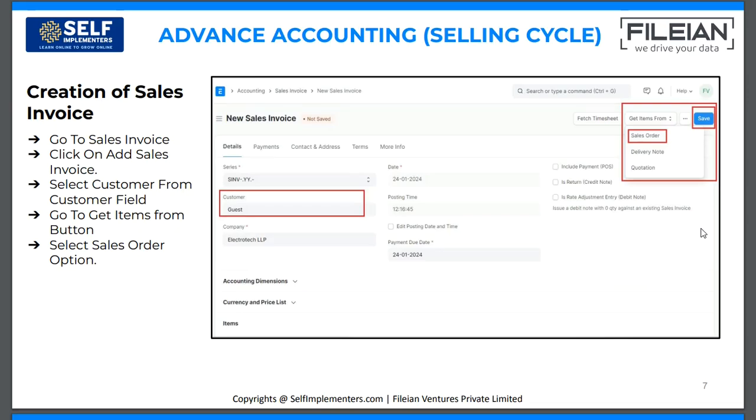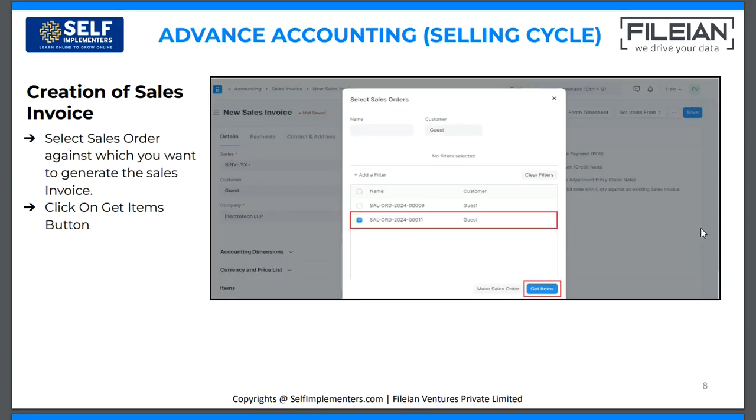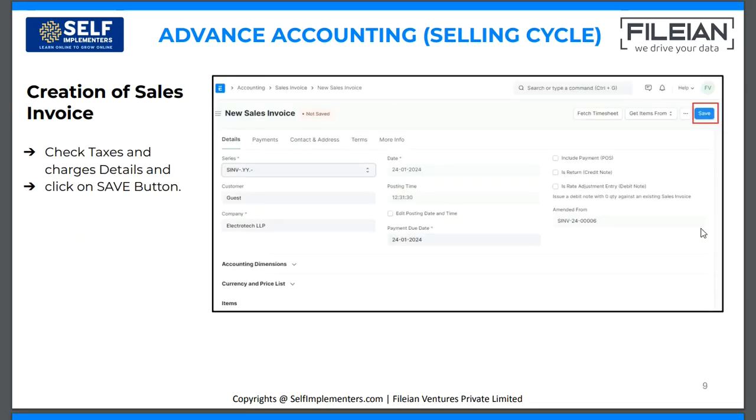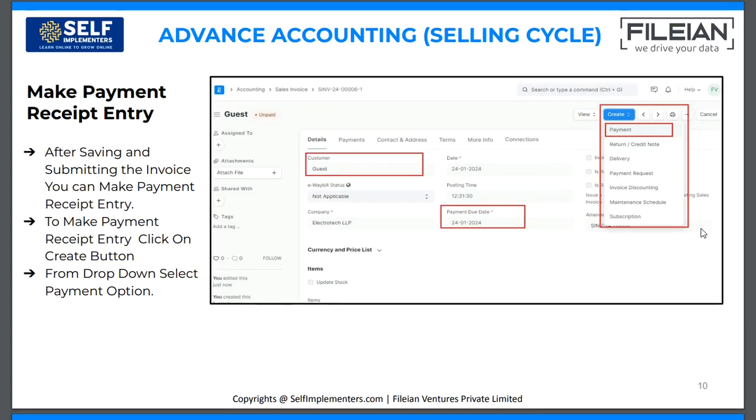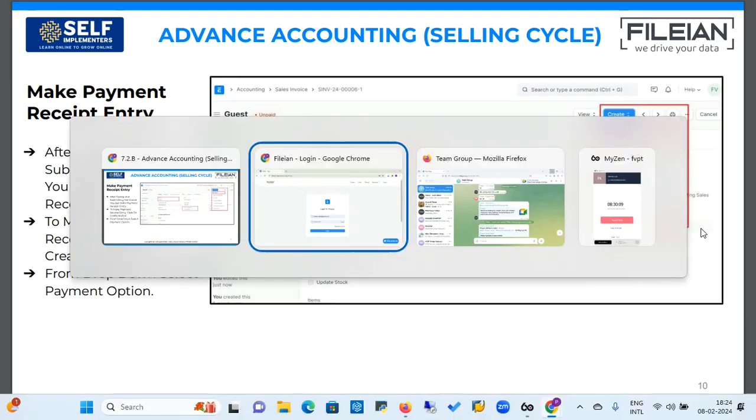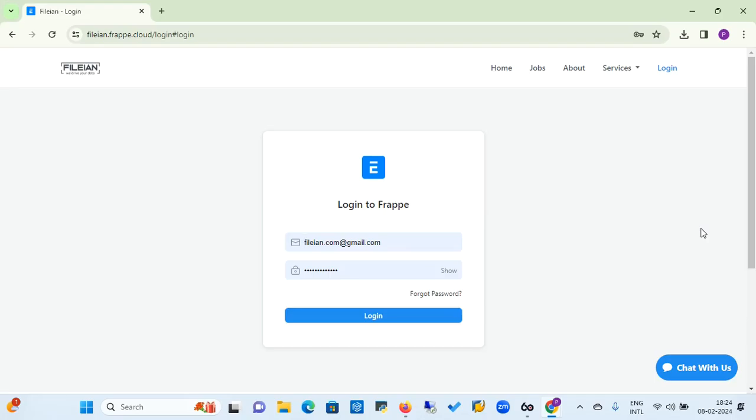So let's go to the ERPNext application and we'll check how all these things happen in the ERPNext application. Already I have opened my browser and entered my ERPNext URL and I landed on the login page. Once I entered my username and password, now I'm clicking on